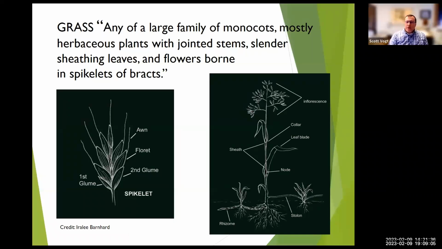But all of them have nodes. They slowly spread, either by rhizome, stolon, or a clump that gets bigger over time,